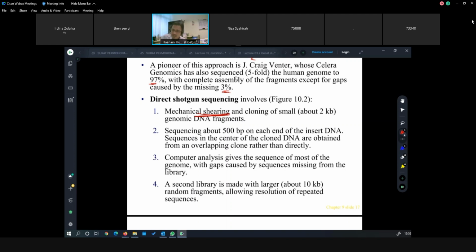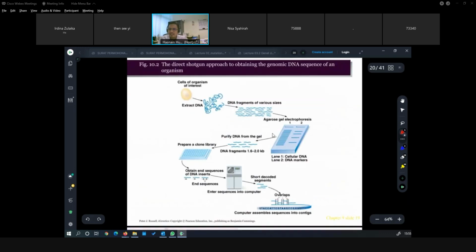They just put the DNA. Let's say I have a tube of chromosome one fragments, intact chromosome one. I just put it on the sonicator. The sonicator will vibrate, and because of the very high intensity vibration, you will cut the DNA into smaller pieces. Then with the smaller pieces, I just take only a certain size. For example, like this one.